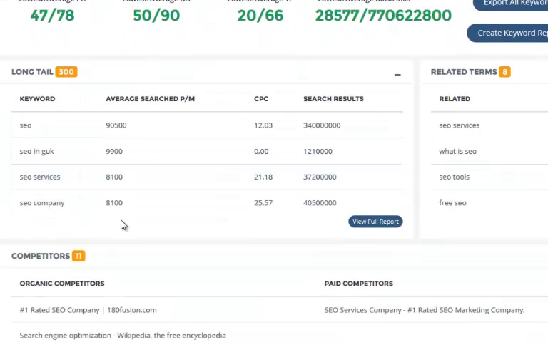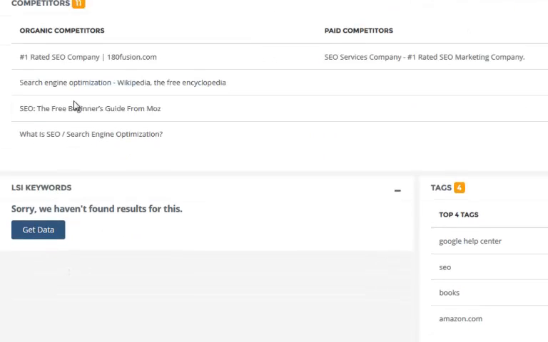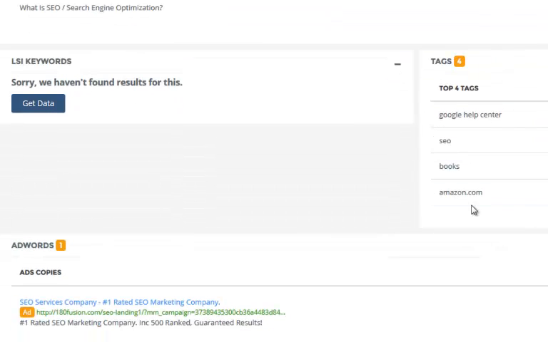The long tail keywords are always going to remain the same, guys. However, for each search engine you're going to have different related terms, because the related terms are going to come from the search engines themselves directly. The competitors are going to be different because they're going to be Yahoo or Bing competitors and not Google ones, and your paid competitors are going to be different as well. The tags are going to be different based on the competitors,